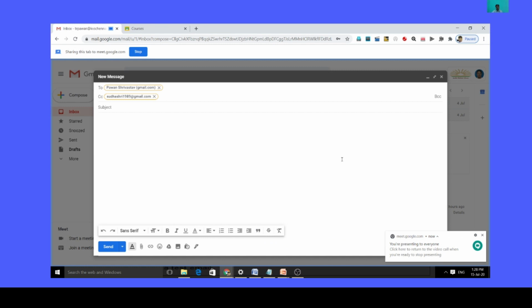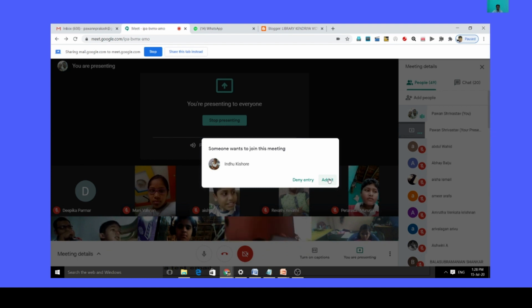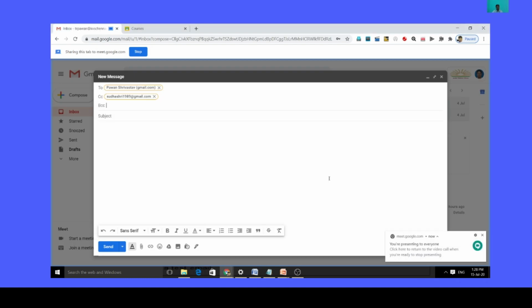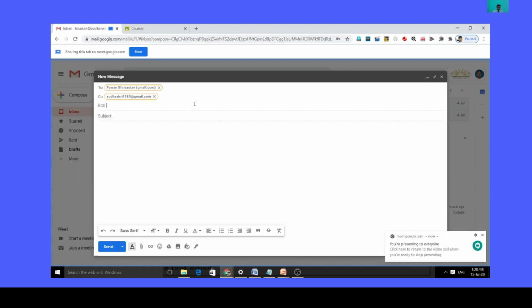Most important, one more thing: what is BCC? The full form of BCC is blind carbon copy. When you enter an email address under BCC, it means you want to send a copy of the email to someone, but you don't want any other person to know that you have also sent a copy to that person.